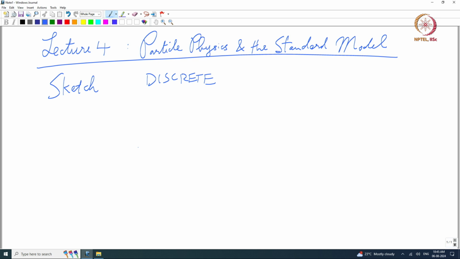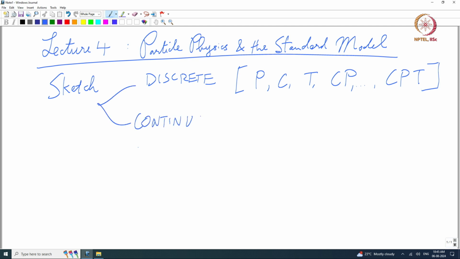Okay. We will do discrete symmetries. What do you mean by discrete symmetries? Operations like parity, charge conjugation, time reversal, some combinations of these, and we will see what it means to put all of them together, okay, CPT. And obviously the complement is continuous symmetries, which can be further classified